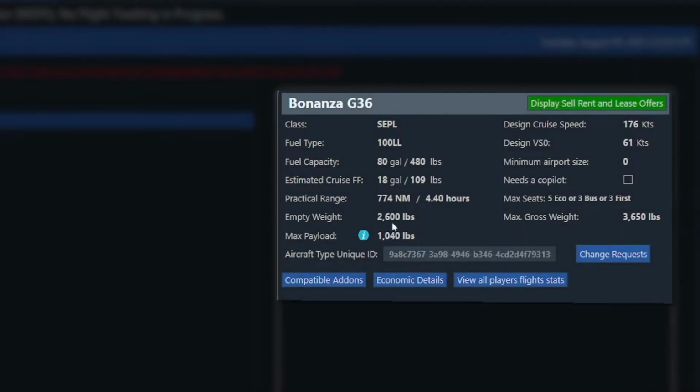So we can see that empty, it's 2,600 pounds. That's with no passengers, no crew, no cargo, and no fuel. Its maximum allowable weight is 3,650 pounds. But it could carry 1,000 pounds of cargo, and it could carry 480 pounds of fuel. So if I was to have 480 pounds on top of this 2,600, a full tank of fuel, that would leave us at